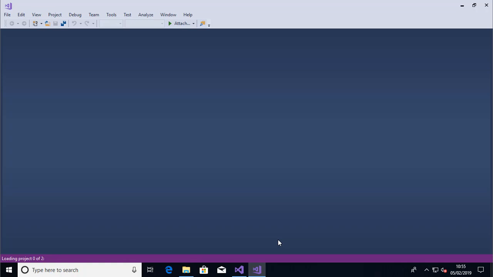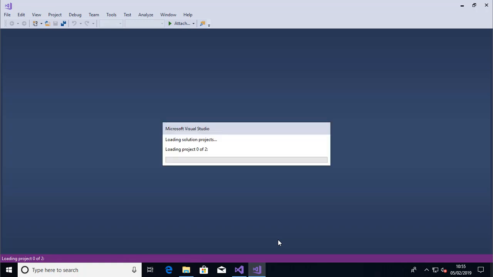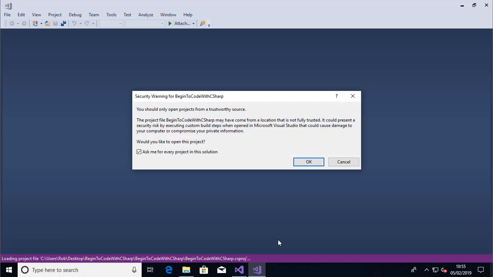Now, the way that Studio works is actually rather clever, in that it takes a look at what's in the project, and if it can't find the thing it needs for that project on your local machine, it will go off onto the internet and fetch the various bits that are missing. So we're going to have to watch some progress bars and do some tweaky things to get this going the very first time that we run it. After that, everything should just work. So these projects are now being loaded. Yes, it's come from the internet, which apparently is a place where there's bad stuff. I've never found much of this myself, but